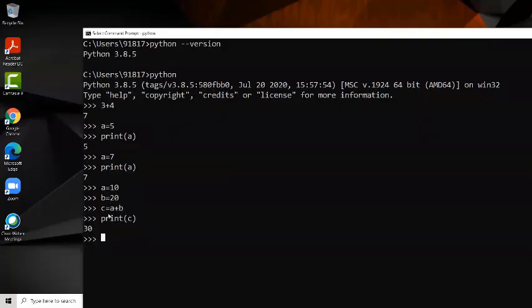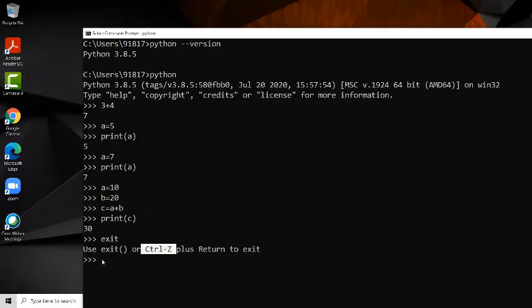Now, up to here clear? Any doubts? No, ma'am. So now see, I exit from this shell. What is the command for exit? exit with parentheses. If you are not using the parentheses, it gives the message to use this one or Control Z to return.